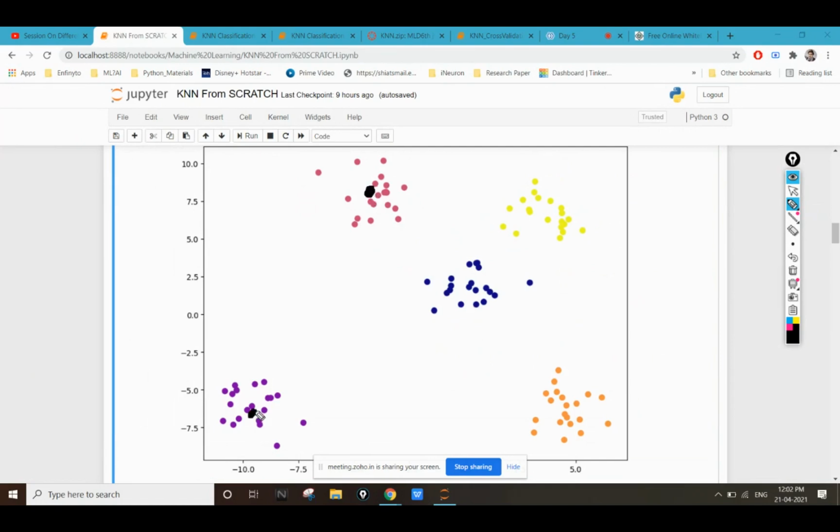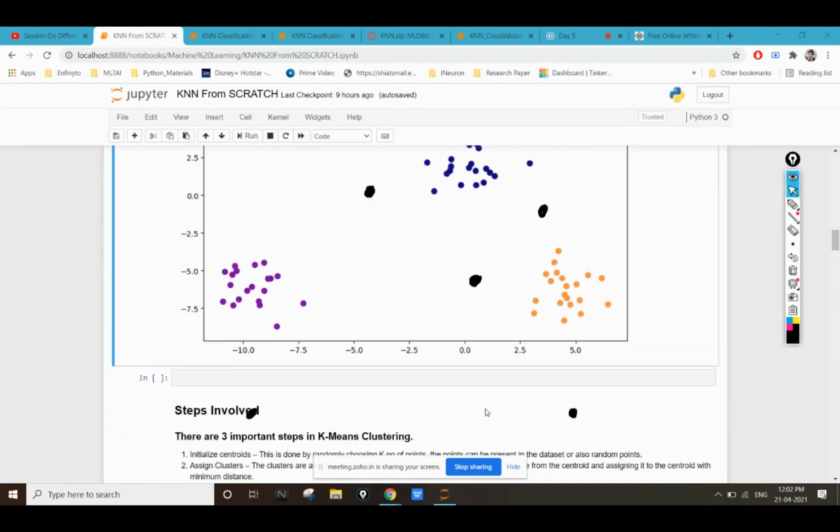For this particular group, the centroid should be somewhere here. Then for this particular group, the centroid should be at this particular position. For this particular group, the centroid should be at this particular position. And for this group, it can be here at this particular position. The centroid is basically the center point. Okay, the centroid is basically the center point. Now moving further,